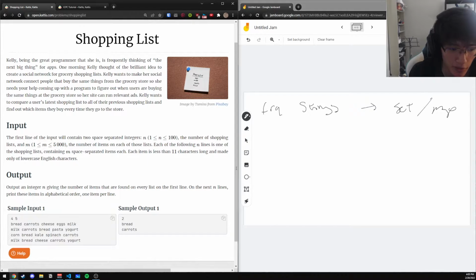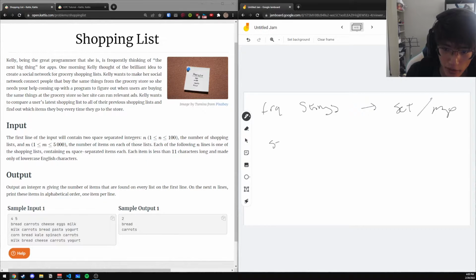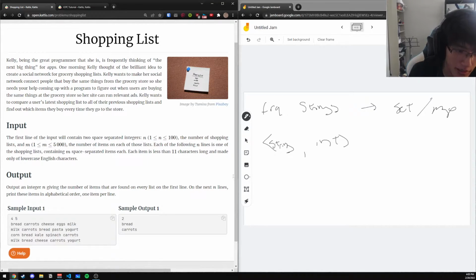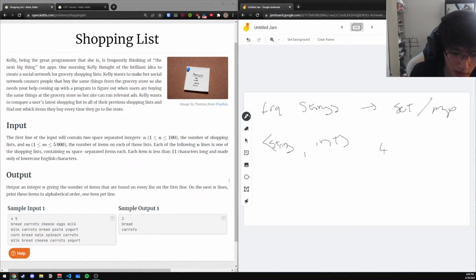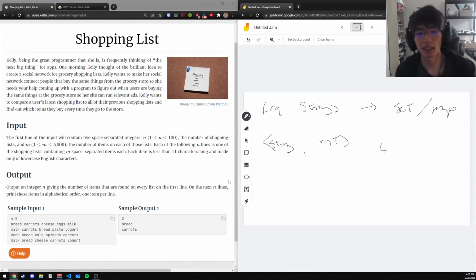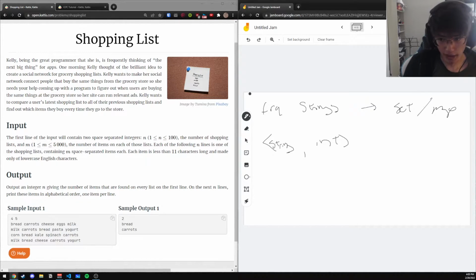So the first thing that comes to mind might be, okay, so we want to map a string to an integer, and then for each shopping list, if it appears in the shopping list, increment the integer, and then at the end, count if it's equal to n. So let's say bread. If the count for bread is 4 or something, then I want to print it out or add it to the list of solutions. And this does work to an extent, except